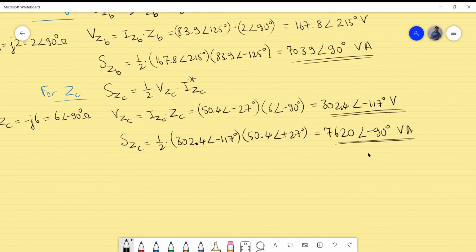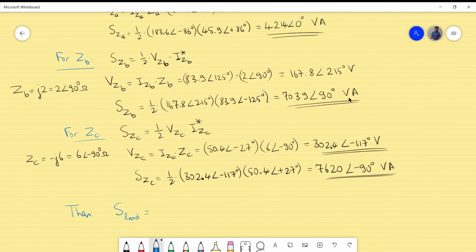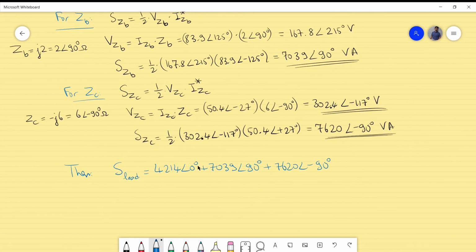So then, what do I have for the total system? The S load will be, of course, the summation of these ones. I will zoom out a little bit. So that will be this one: 4214 phase 0 degrees, plus 7039 phase 90 degrees, and then plus 7620 phase -90 degrees. And if you do again the math here by converting the polar representation to the rectangular,